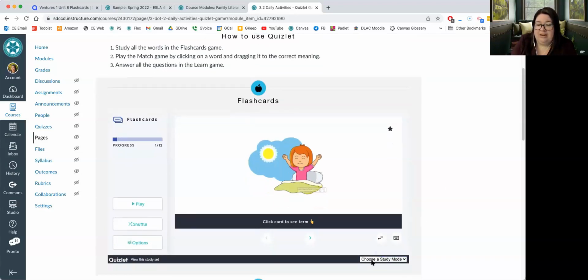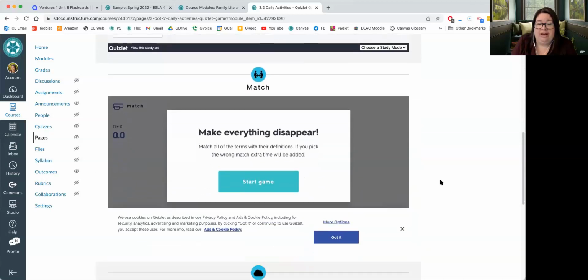As you can see here, if you embed the set once, if students know how to, they can choose a different study mode and go from match, learn, test, flashcards, etc. But for this class, this is more of a high beginning class, and students may not have that digital literacy skill, and it can be difficult to explain if you're not there with a student in person. So what we've chosen to do is just use 3 different study modes and just embed them one after the